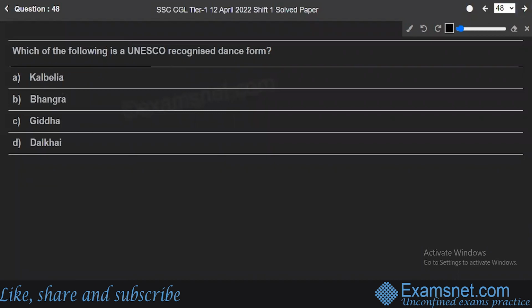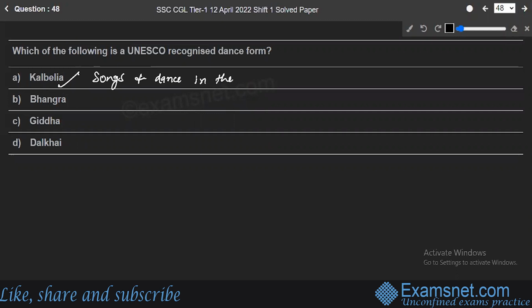Next, question number 48, which says, which of the following is a UNESCO recognized dance form? Is it Kalbelia, Bhangra, Gidda, or Tilkahi? The answer to the question is option A, Kalbelia. See, UNESCO has inscribed Kalbelia folk songs and dance